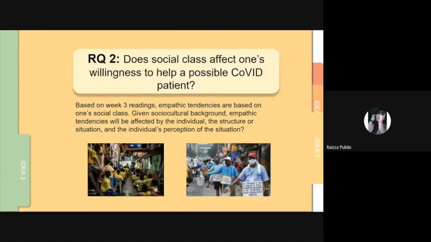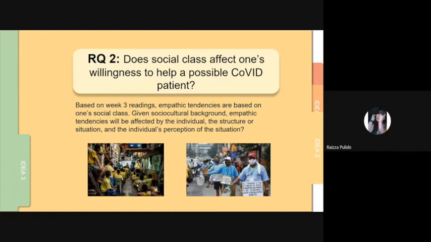Our next research question is something about empathy. So we wanted to explore how social class affects one's willingness to help, not just in a COVID situation, but we narrowed it down there. But maybe when there is threat